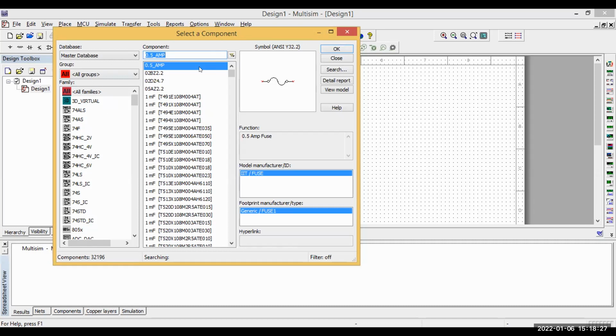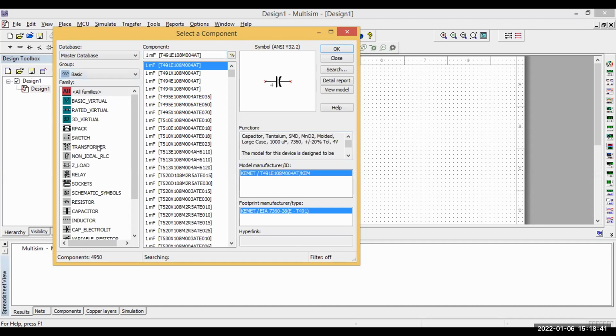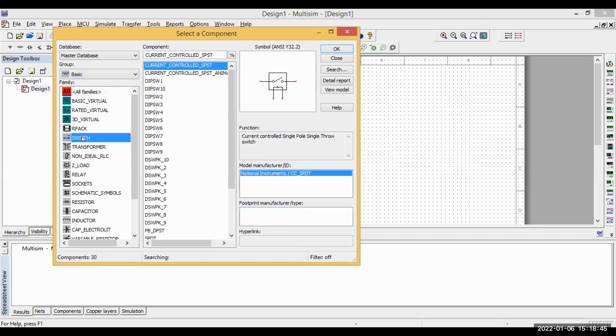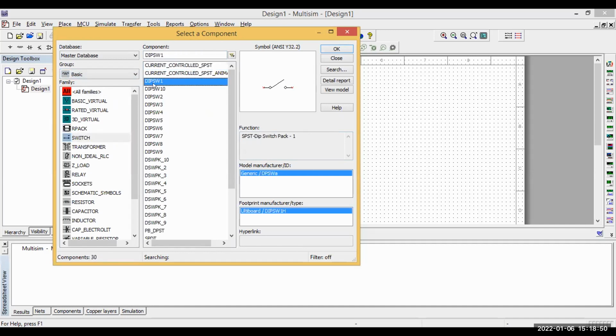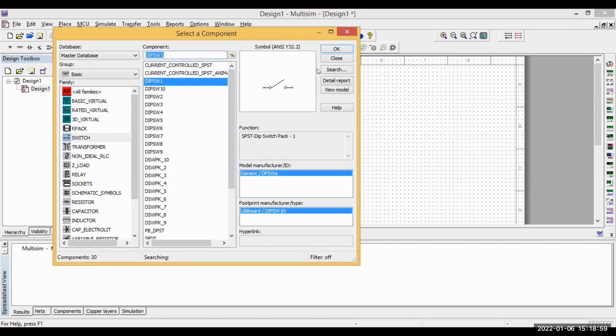Okay, we will open it with Control W. Pressing this Control W, the window will open, and from all the groups we will choose Basic, and from this Basic we will go to Switch, and in this you will see a switch named DIPSW1. So this switch we will use